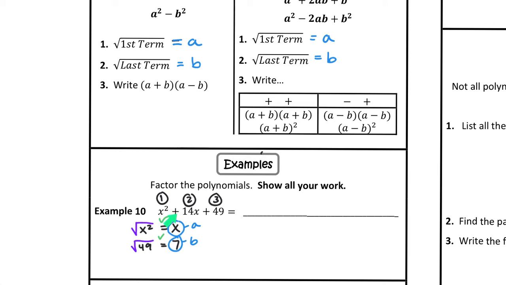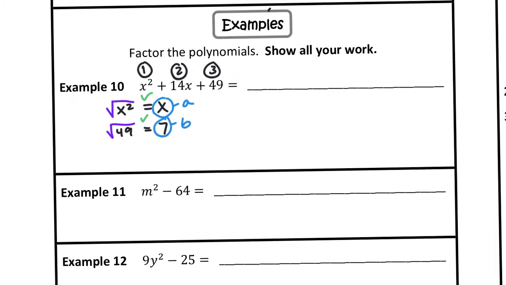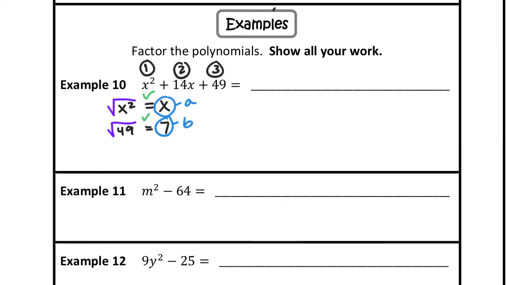Sorry, I have a plus plus. So it's going to be A plus B. But yes, that's going to be it for that one. But I also want to check, what do I get if I multiply? Zoom in over here. What do I get if I multiply